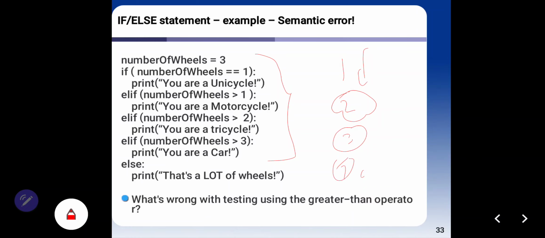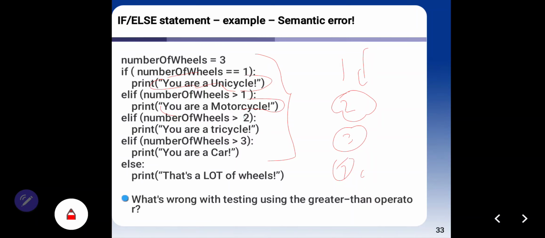And you can see here number of wheels is 3, and the first condition is number of wheels equal 1, so you have to think about the result carefully. Number of wheels greater than 1, yes, 3 is greater than 1, so you will get the result: you are a motorcycle.